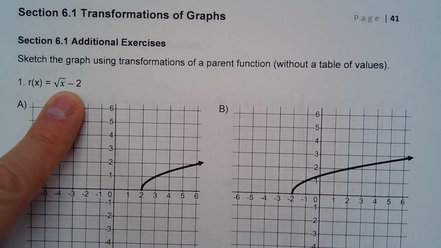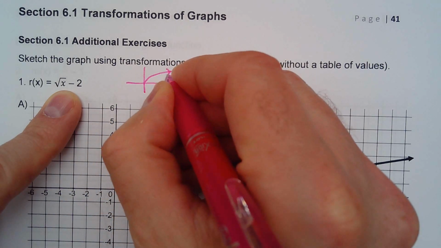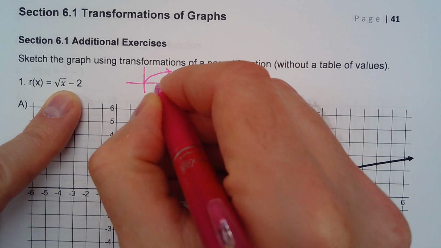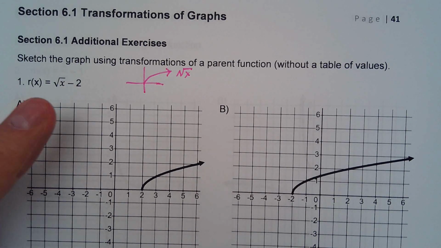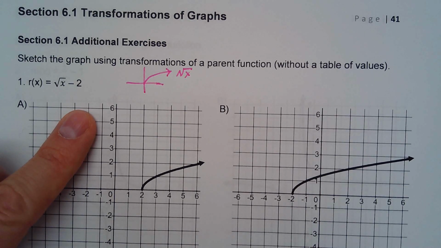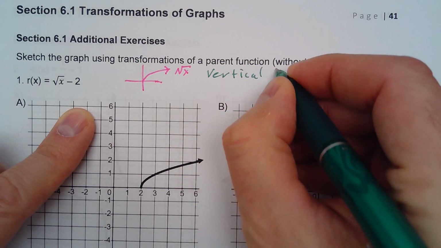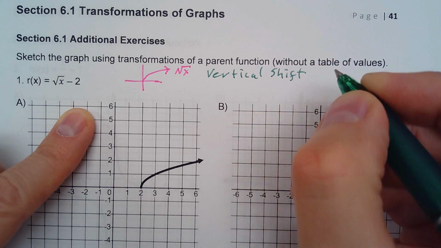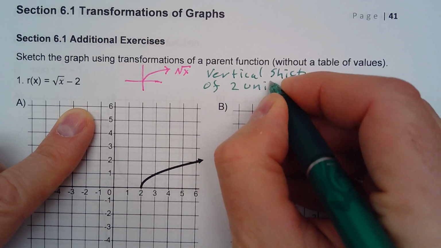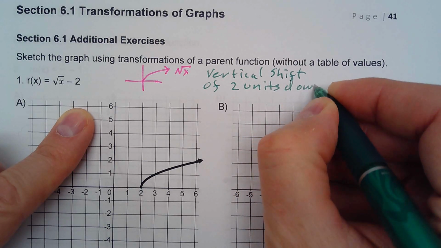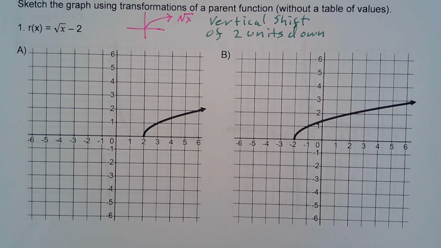So again, I think of my parent function, square root of x, and then the subtract 2. 2's on the outside, so this is going to be vertically shifted 2 units down. So we'll say vertical shift of 2 units down. Now this is a multiple choice question, so I'm trying to find the graph that's been vertically shifted down 2